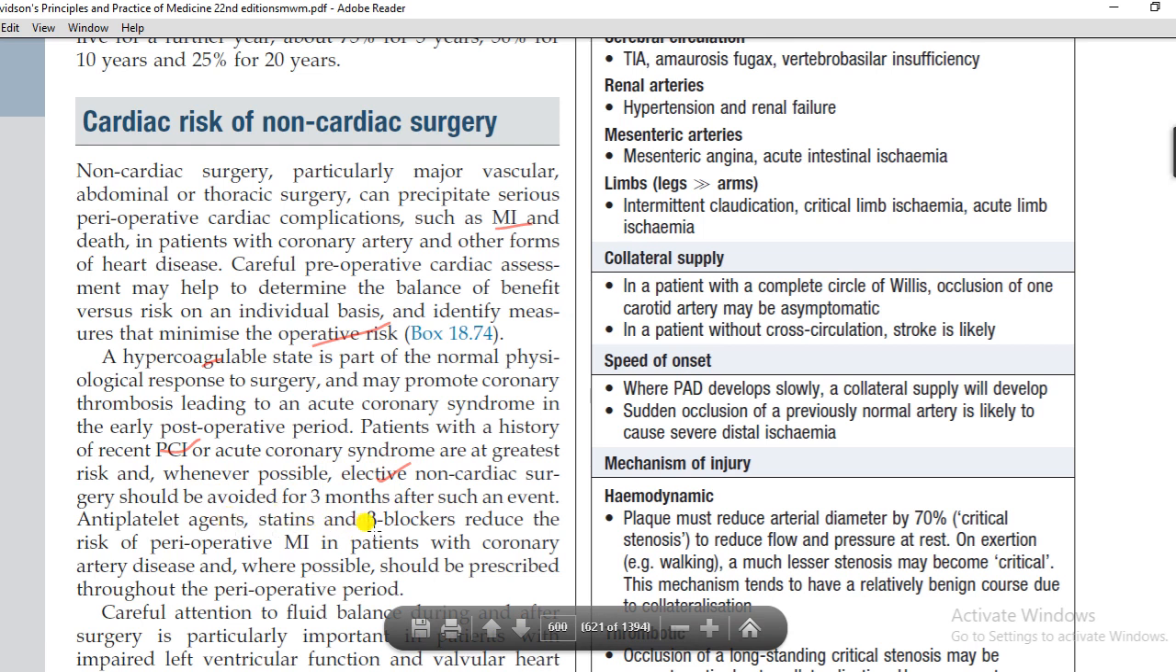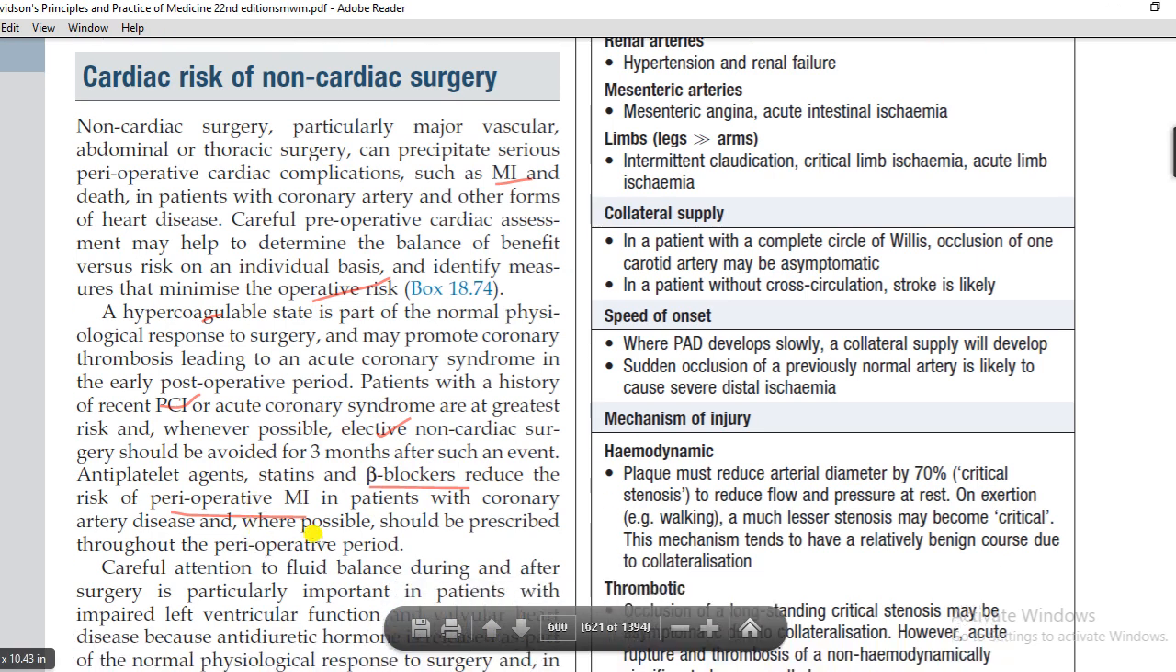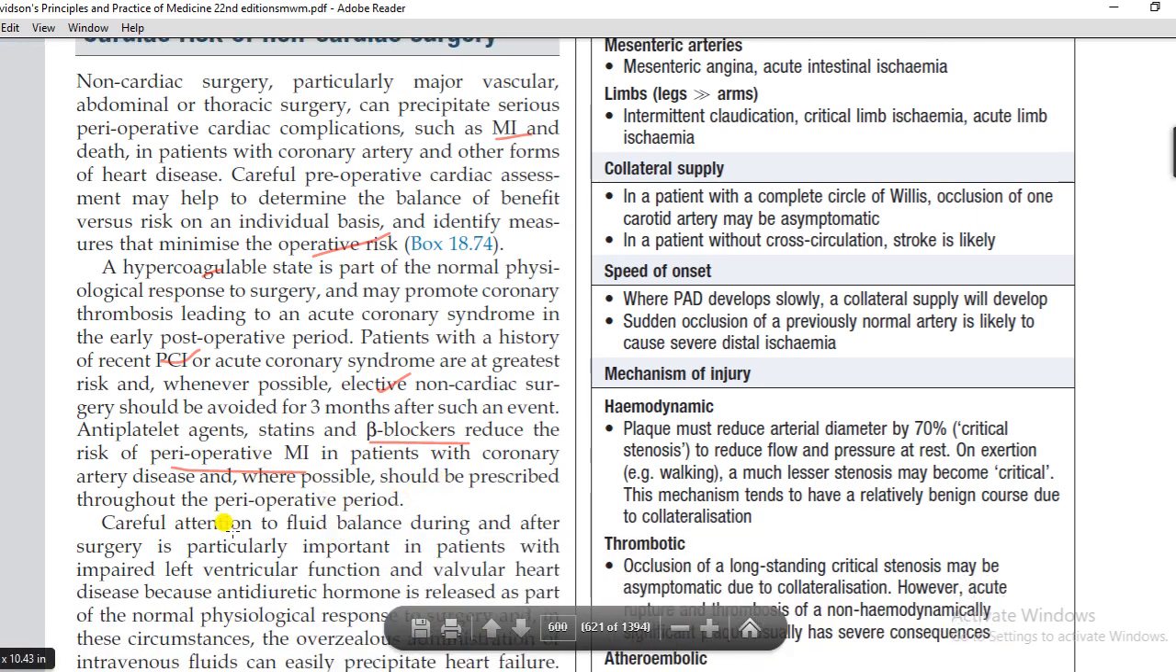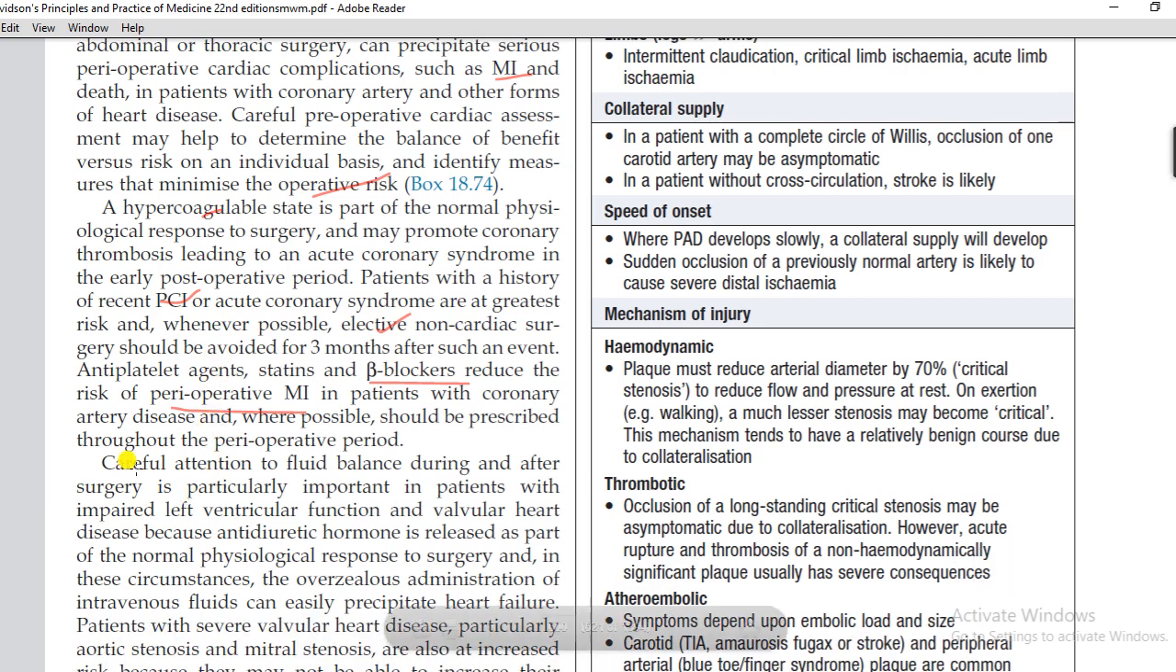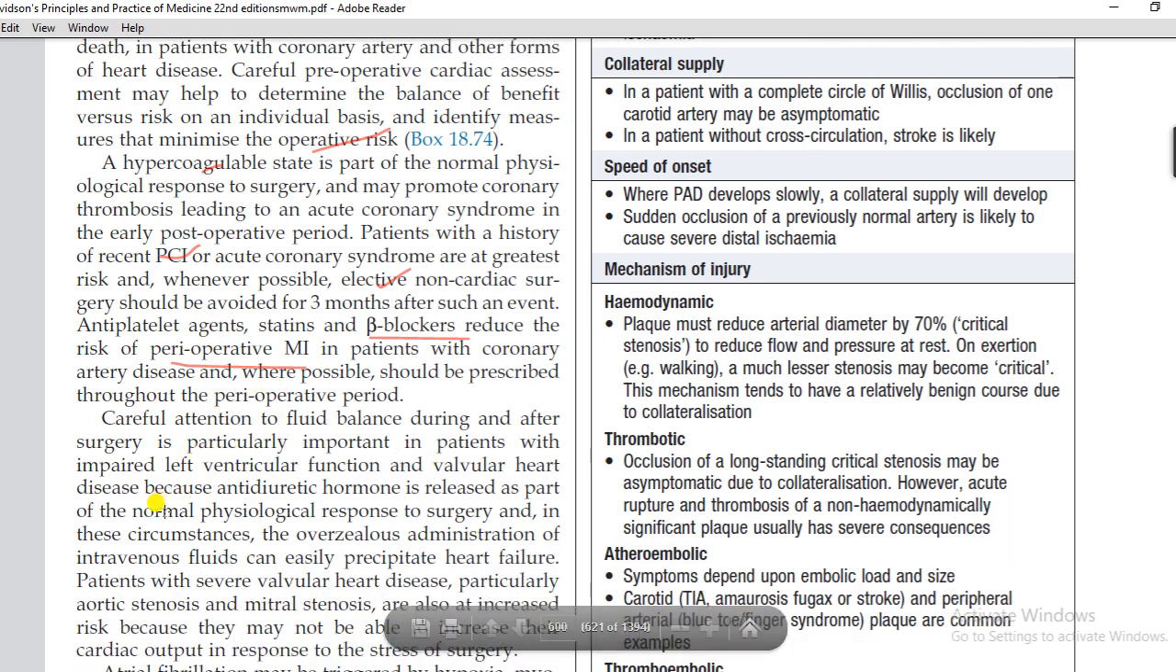Antiplatelet agents, statins, and beta blockers reduce the risk of perioperative myocardial infarction in patients with coronary artery disease and, where possible, should be prescribed throughout the perioperative period. Careful attention to fluid balance during and after surgery is particularly important in patients with impaired left ventricular function and